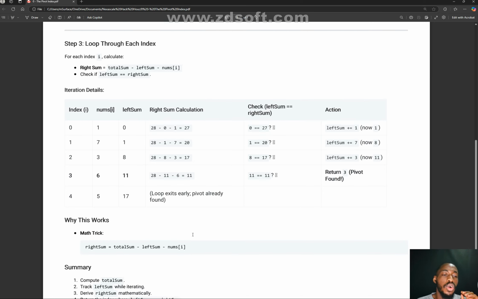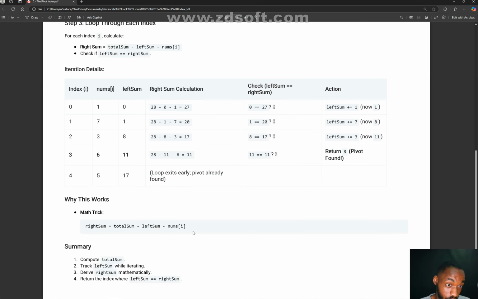So why does this work? This is the math trick, the formula, the reason why our pivot index calculation works. The algorithm or the code will be reiterating this thing